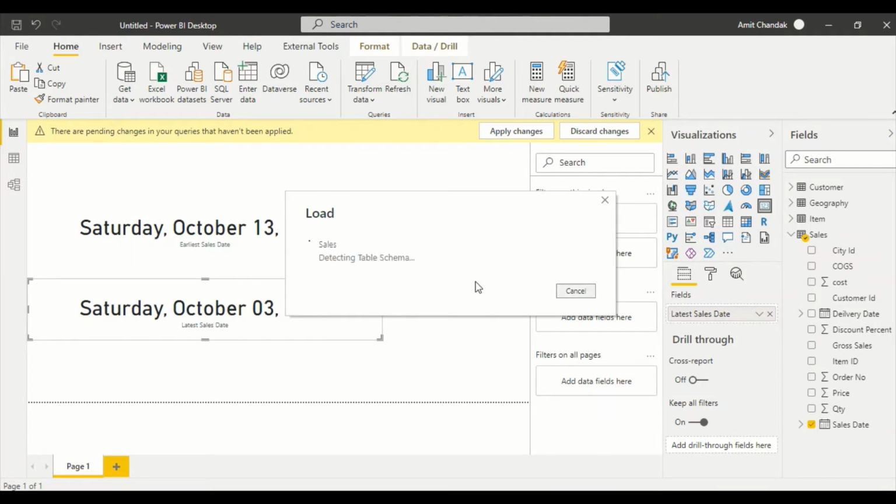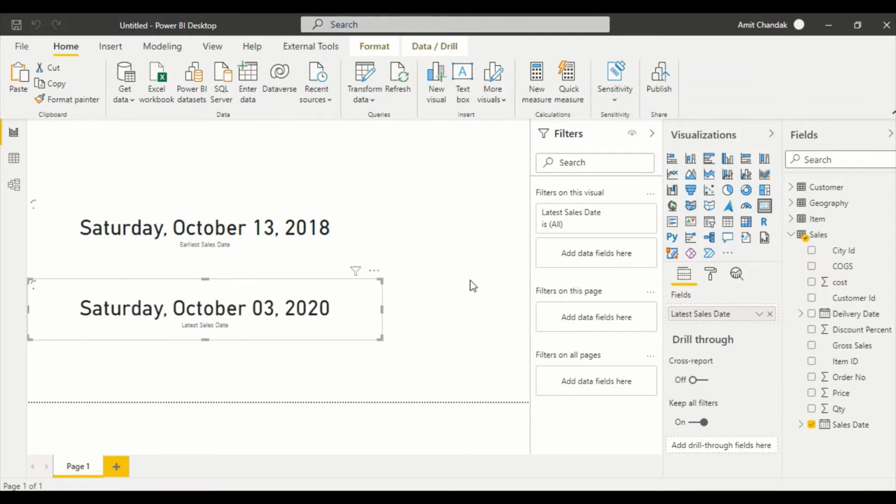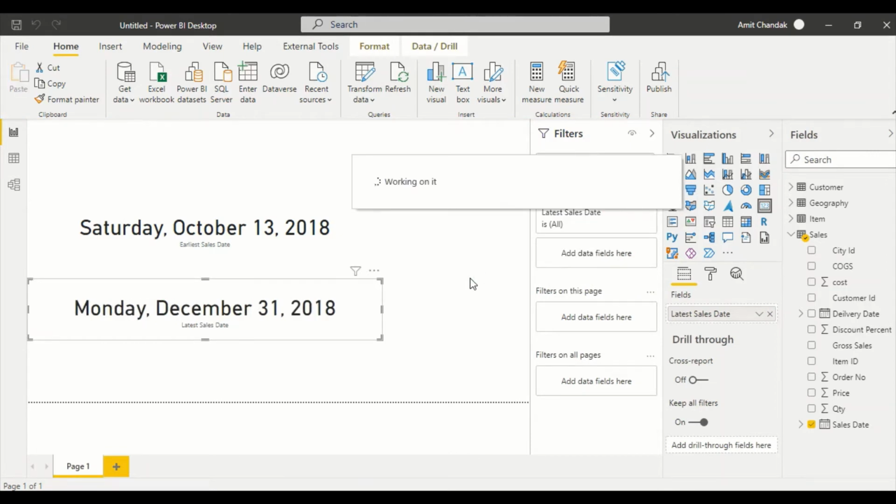So this is why we have moved all the changes which we wanted to do in Power Query to the data flow, other than this change. So that we don't have to load data again and again anytime we do the changes. We can do all the changes once, and then we go ahead and load in the data flow, and from the data flow we take it. So we centralize all our transformation there. So this is only for controlling the data. So I'm controlling the data here. Two dates are coming right now.